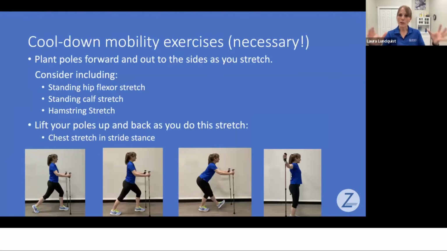And then finally, we started this exercise bit talking about the warm-up options. Then we talked about strength, 2 different variations of balance, and now talking about cool down or mobility exercises. And these ones really are necessary, I think, because it's important that we maintain our mobility of our muscles and joints from a fall prevention perspective to be able to react appropriately, again, when something unexpected happens.